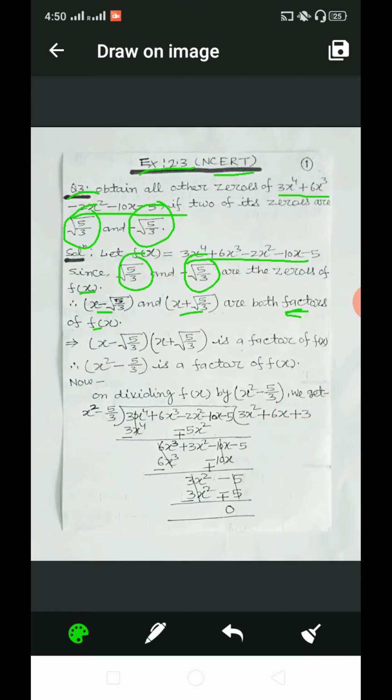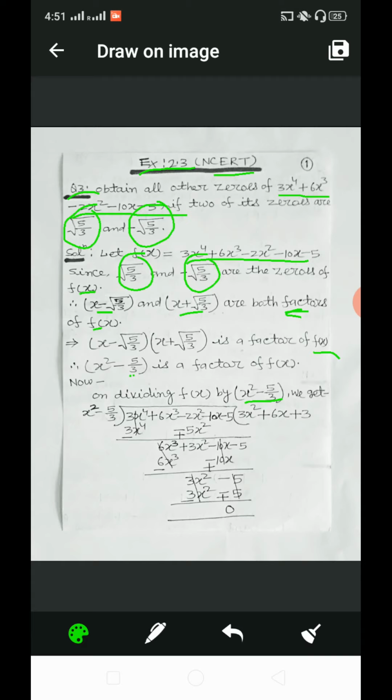And if these are factors, it implies that x minus square root of 5 by 3 into x plus square root of 5 by 3 is a factor of f(x). After multiplying, we get x square minus 5 by 3 is a factor of f(x). Now, on dividing f(x) by x square minus 5 by 3 we get